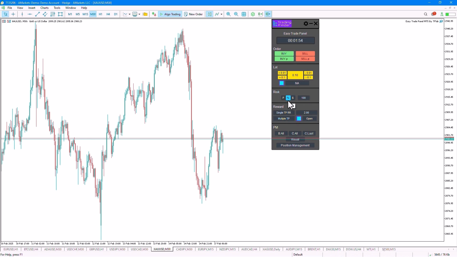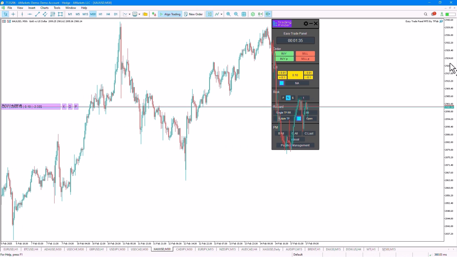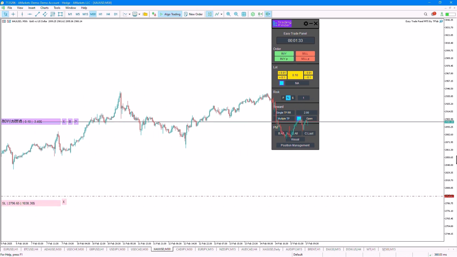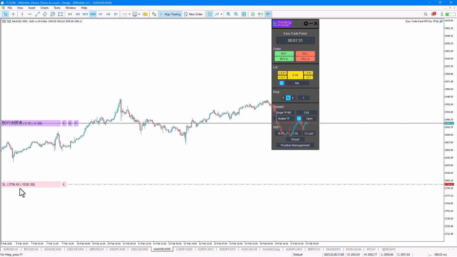For example, I'm choosing the percentage mode here, which is based on my balance, and I want to enter the trade with a volume of 1% of my balance. Here it has considered 1% of my balance with a volume of 0.1 lots,